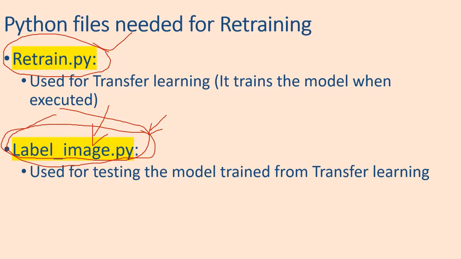After that, if you want to test your image classifier, you can use the second file. Okay, the first file is used for transfer learning. You will execute this, the training process will start, and once the training is complete, that will create two files, and you will specify the path for those two files in this second file, and then you will test it with the testing image, to classify the given image. Okay, so this is the thing.